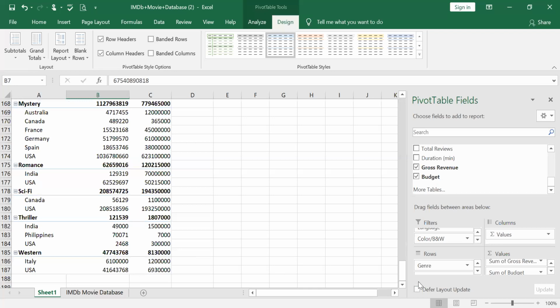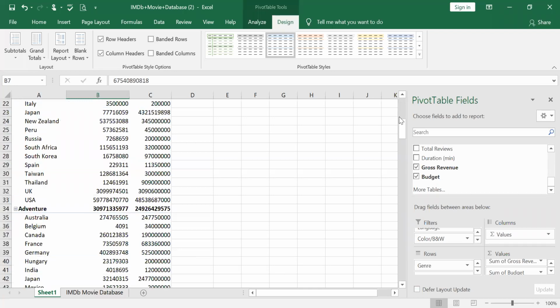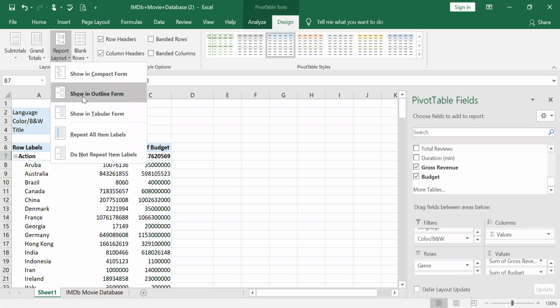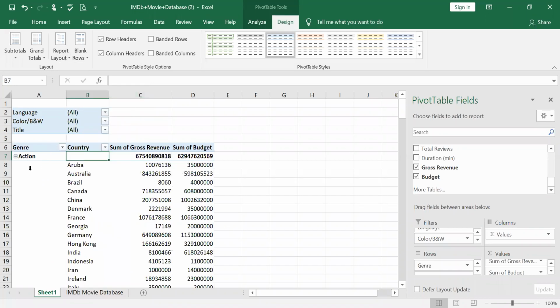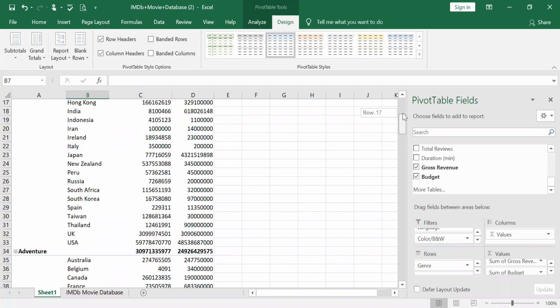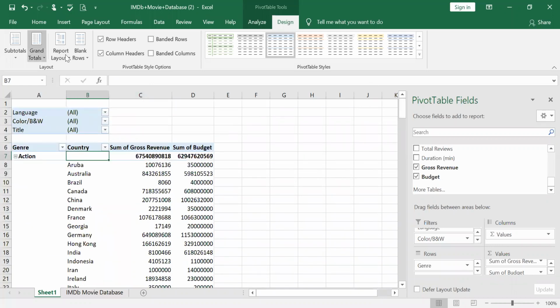So the grand total has been taken out. If I want, I can have a subtotal, or I don't want it. Rather, I want to convert this report layout into Show in Outline Form. So I have action, and I have all the countries that have been produced, right? This is an outline form, and I can even give do not repeat, right?